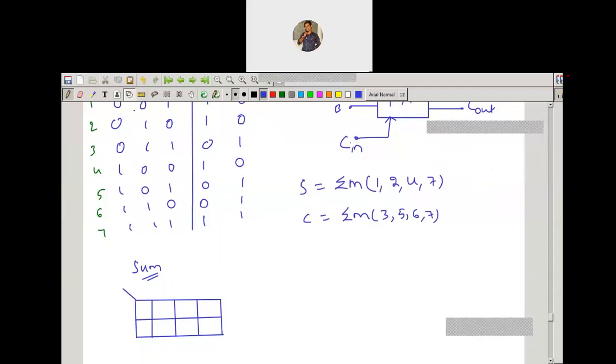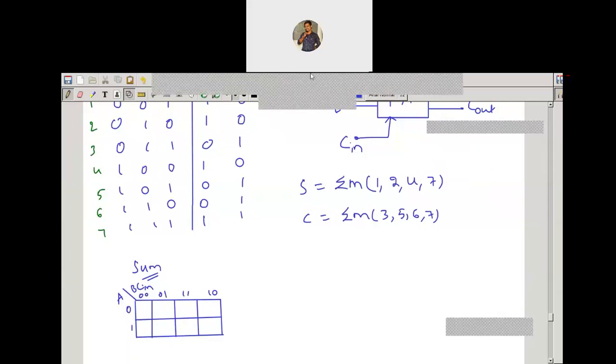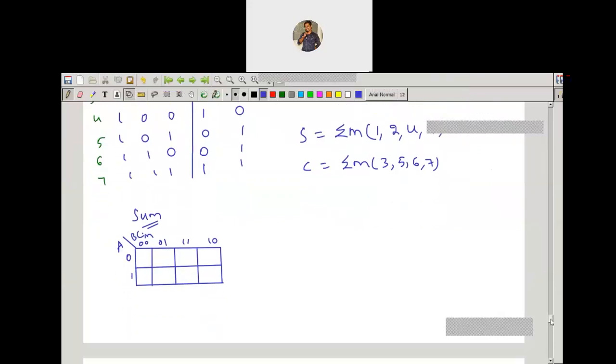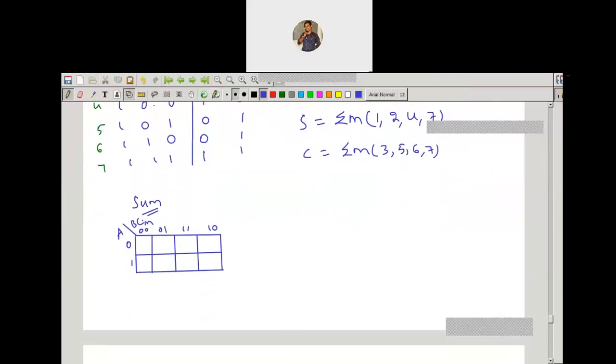So my inputs are a and b, carry in: 0, 1, 0, 0, 0, 1, 1, 1, 1, 0. Now what is sum here? What are the minterms here? 1 and 2 are 0, 1, 0. Now 4 is 1, 0, 0, and 7 is 1, 1, 1.